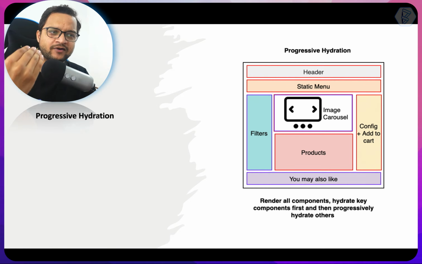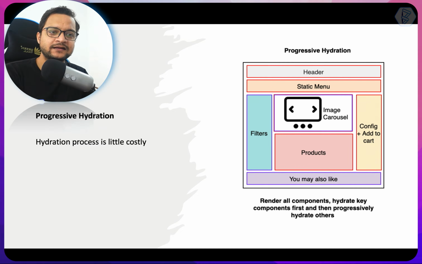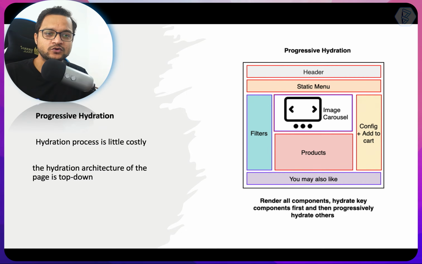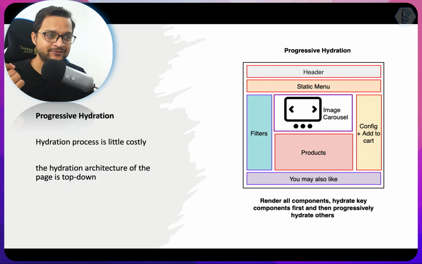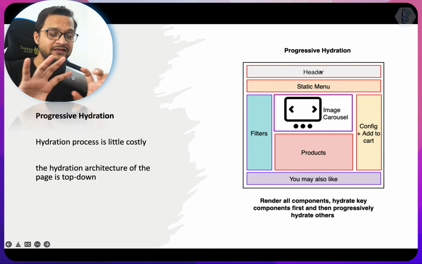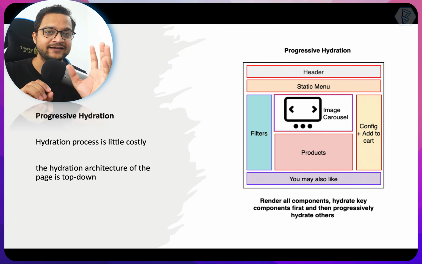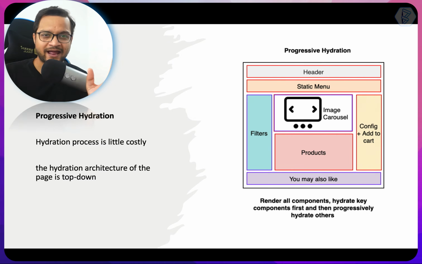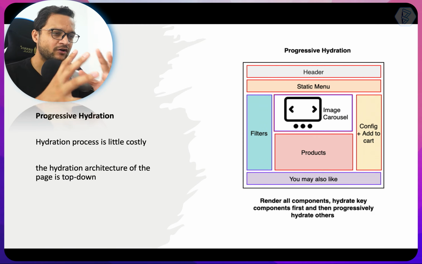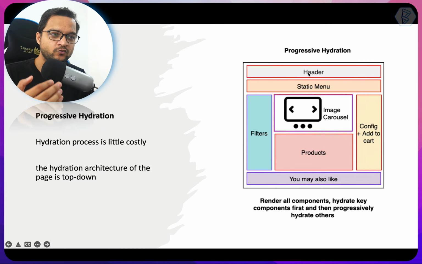Progressive hydration says that since the hydration process is a little costly, the hydration of the page goes top to down. That means we first hydrate the header. Hydrate means we connect all the events and the JavaScript functions and the HTML. We combine all of them, and then after that we move to the static menu. And